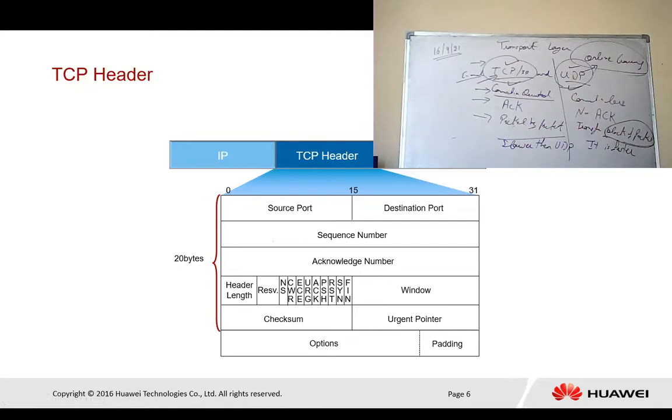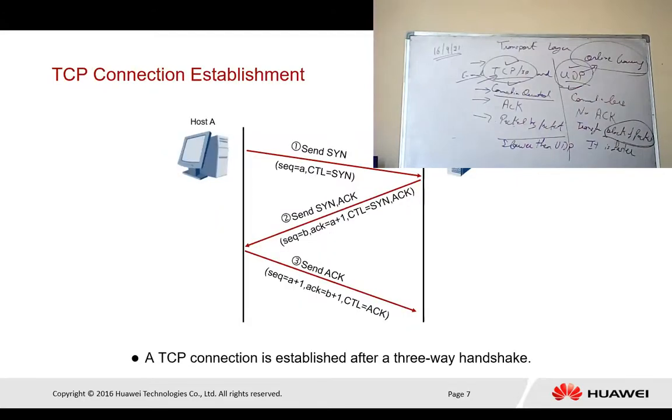Because we already discussed all these parts, the TCP header. We already discussed this header in a previous lecture. So next we have the TCP connection establishment. If we are talking about the establishment,